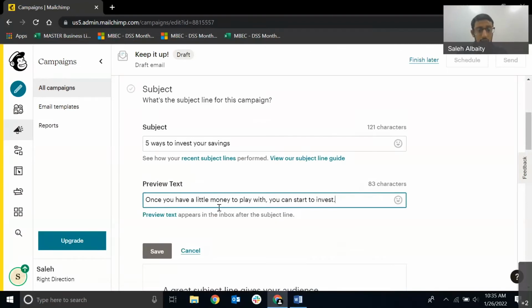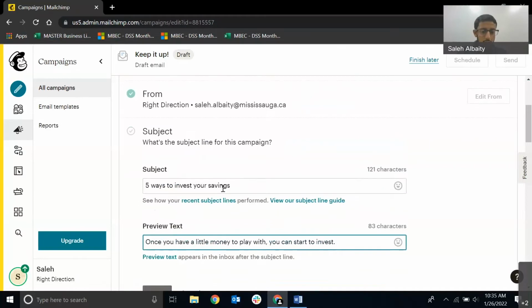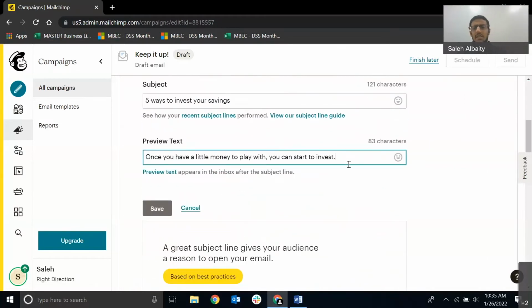Once you have a little money to play with, you can start to invest. So in this case, Saleh just graduated university, and he has some money saved up over the years of working